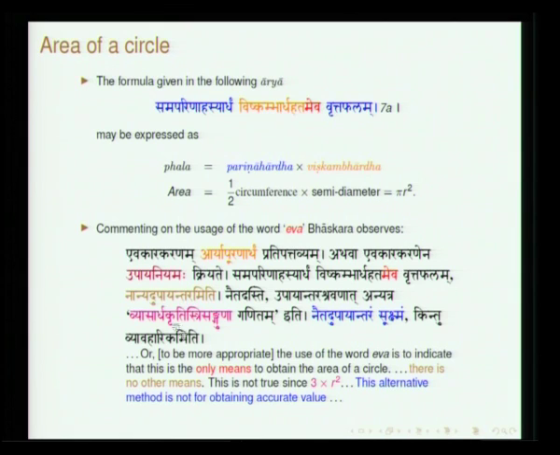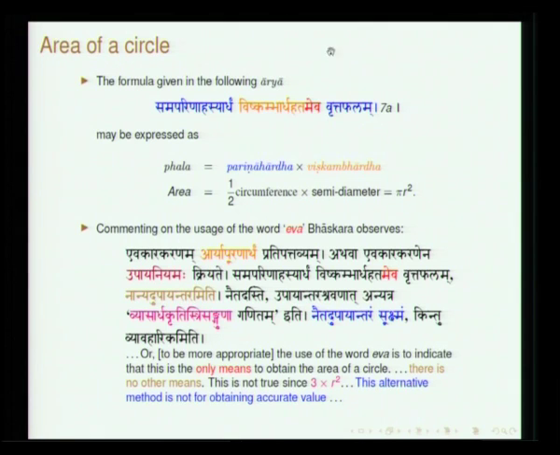So, r square multiplied by 3, which means the value of pi is approximately taken to be 3, and for various practical purposes people have been employing this. So, in order to see that those things are not taken to be the right formula to be employed for finding the area,